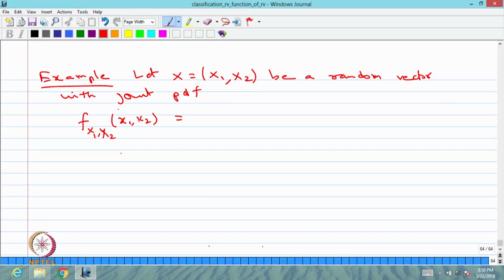Therefore, we are defining the joint probability density function of x1 comma x2,